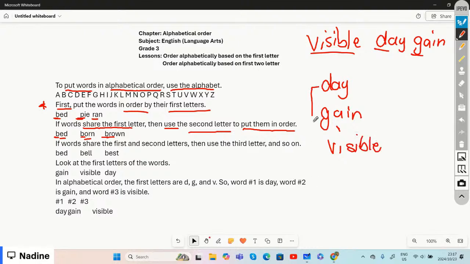And that is how it is in alphabetical order. If we choose the words by the first letter, then D comes first, yes, because you see D is over here, then G, then V. So first day, gain, visible. If we were to put these words in alphabetical order,